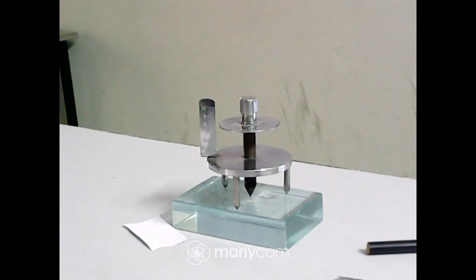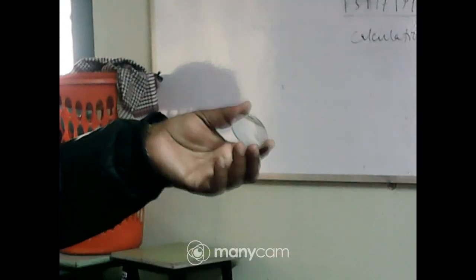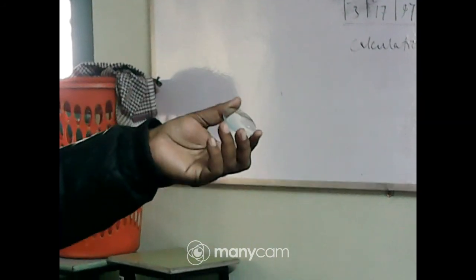Okay, for this lens. If you consider a second lens, a different lens, that value will be different, because the focal length, that means the radius of curvature, will be different. At that time the spherical surface will be different. Okay, so you can calculate with the help of the spherometer the radius of curvature of the lens or the mirror, not the plane mirror, the spherical mirror.